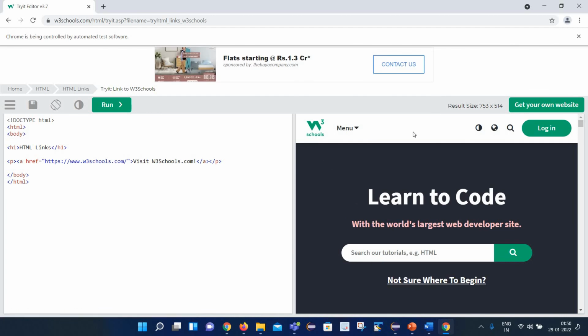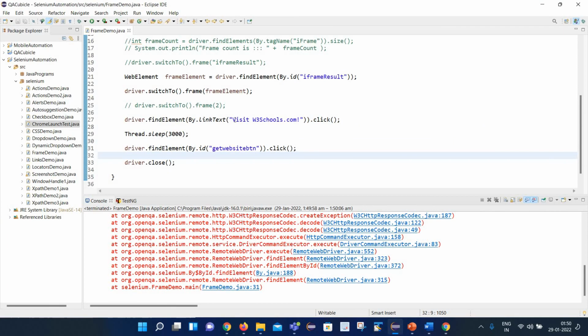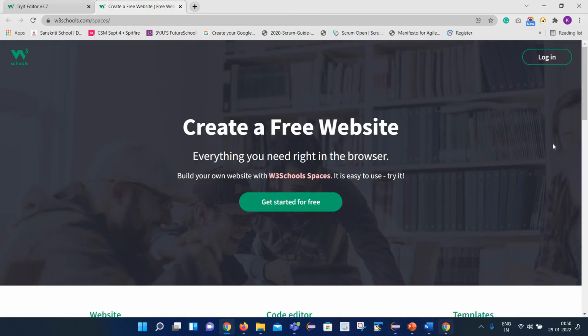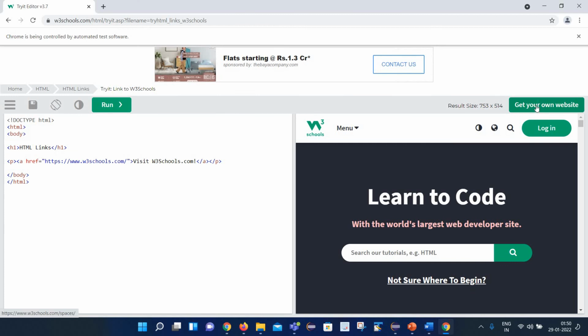Okay, so here you can see it has clicked on the w3schools.com link, but it is not clicking on this button. So again, where is the problem? The problem is that the driver's control is still inside the frame. So what we need to do here is bring the control back from the frame to the main window, so that the driver is able to interact with the web elements present on the main page. So for that we need to write